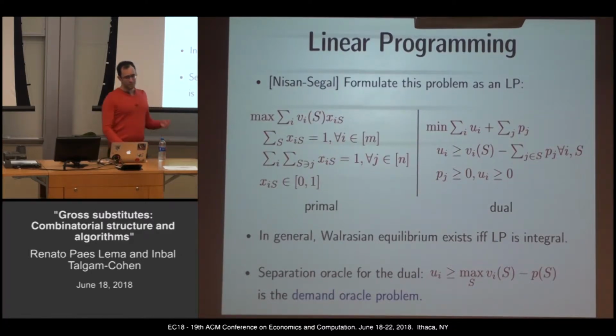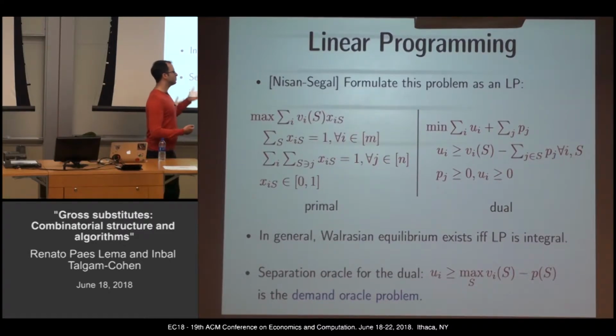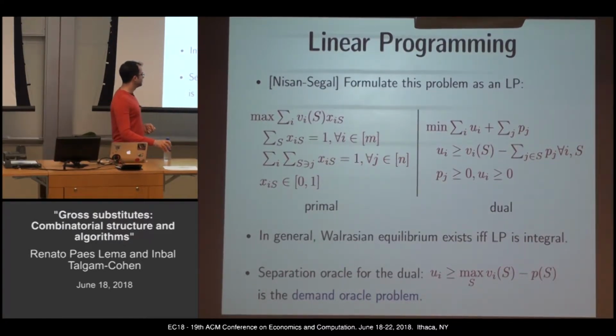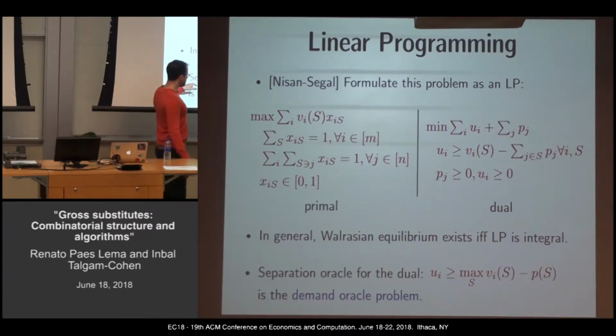The separation oracle is given, for the dual for example, utilities and prices. Either figure out that all constraints are satisfied for this U_i, P, or find a constraint that's not satisfied and return it. And the separation problem for the dual is exactly the demand oracle problem. For every agent i, under those prices, find the optimal bundle for this agent. If that's not greater than the utility, then it holds for every bundle. If it is, then the one he likes most is the most violating one.